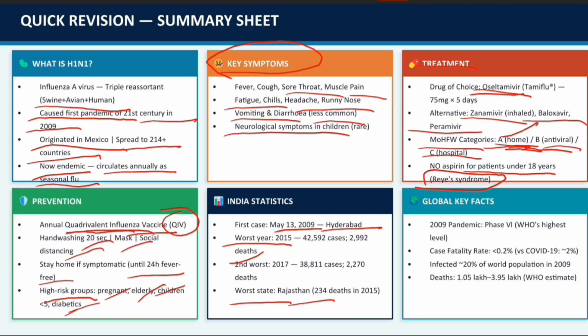Global key facts: 2009 pandemic phase 6. Phase 6 means it is WHO's highest level of alert. Case fatality rate is less than 0.2%, versus COVID-19, which is nearly 2%. Infected: 20% of the world's population got infected with this virus, and deaths 1.05 lakh to 3.95 lakh. This is the estimation of the